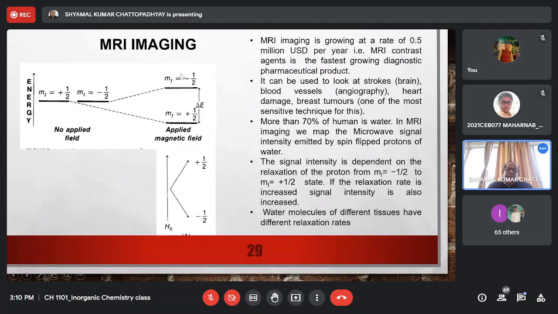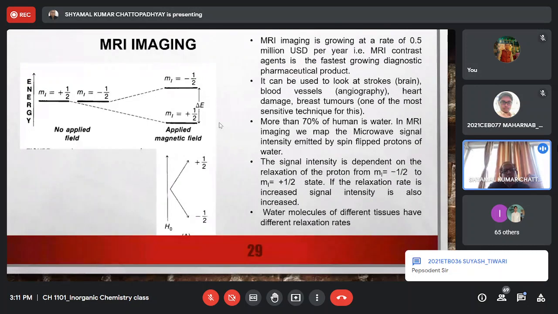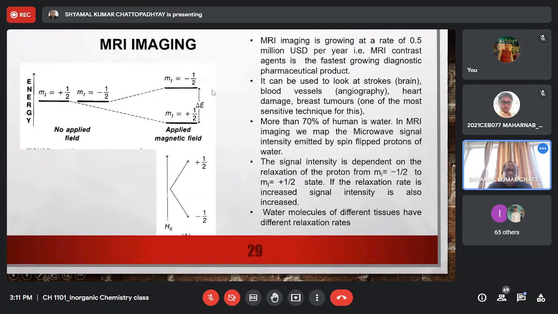principle is that initially you apply a magnetic field so that the protons will have mI equal to plus half and mI equal to minus half. These orientations have different energies, and now you first give a strong pulse of microwave radiation, so that most of the protons go from the ground state to the excited state. And then you remove the pulse. That is, the pulse is of short duration, and then you remove the radiation source, or you switch off the